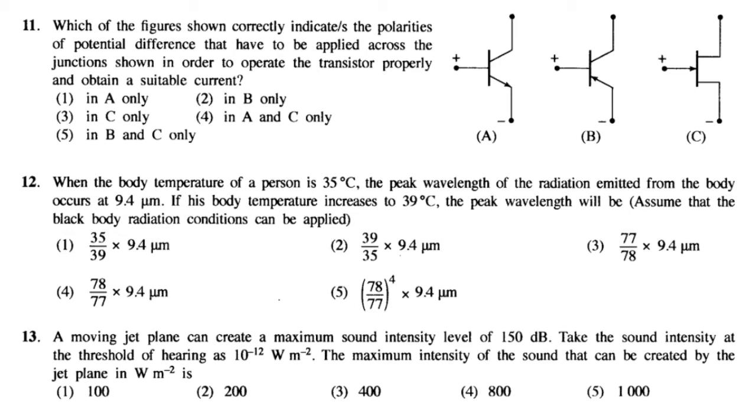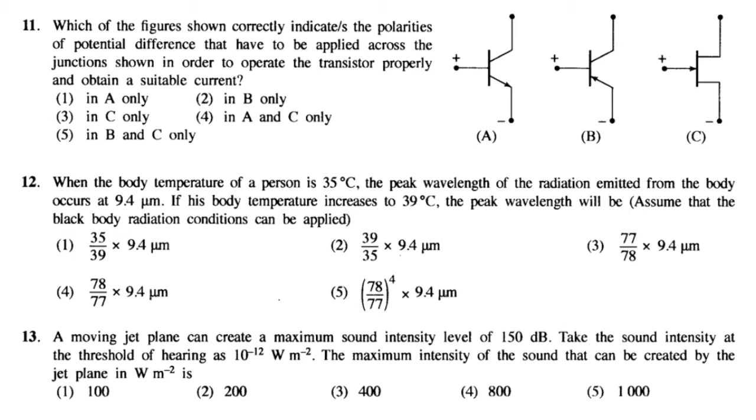We can write the equation for the intensity level. So that is decibel value equals 10 log I over I naught. I is the maximum intensity of the sound, and I naught is the sound intensity at the threshold of hearing, that is 10 to the power minus 12. So you can substitute the values. 150 equals 10 log I divided by 10 to the power minus 12, and